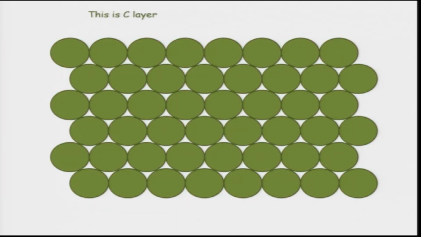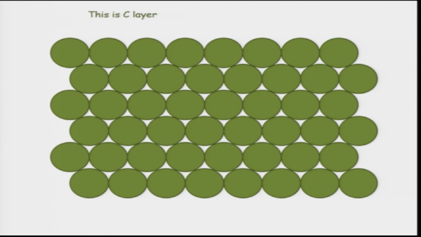Similarly for the C layer. This is the C layer, which is green in color, and here also, as an individual layer, the orientation of atoms is exactly the same. The atoms are touching each other along the 110 direction, as you can see. These are your 110 directions, and if we call the normal of this 111, then we can specifically say which direction is this and which direction is this, as we showed in the first slide.